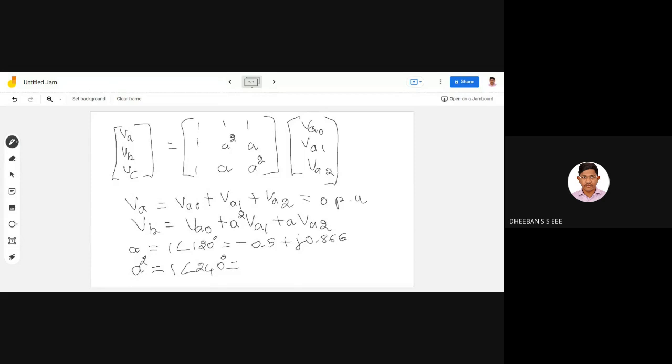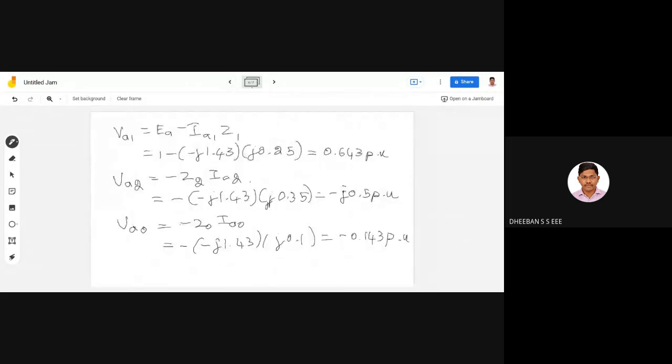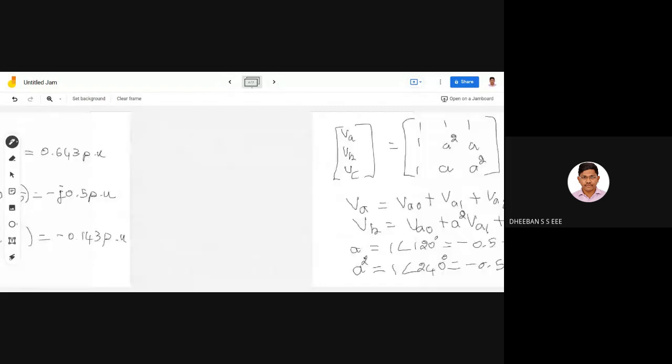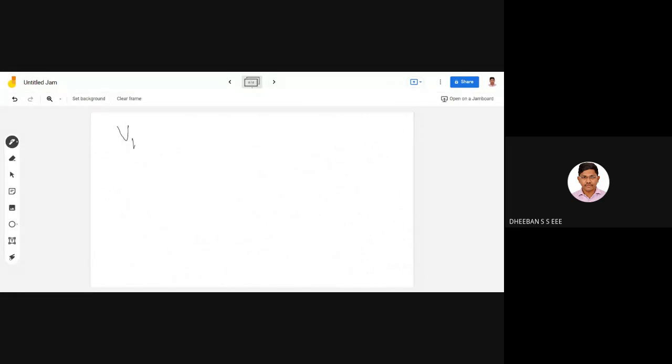So now this becomes minus 0.5 and then minus j 0.86. So now we have got the values of these A operators, and you know the values of VA0, VA1, VA2, which we have found previously. And with this, you have to put it in the formula. Okay, so now your VB becomes